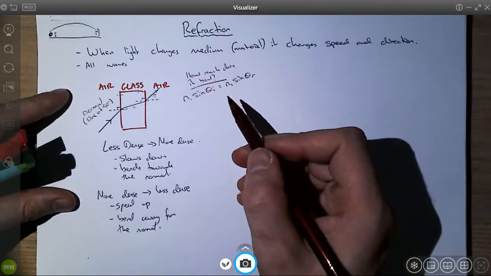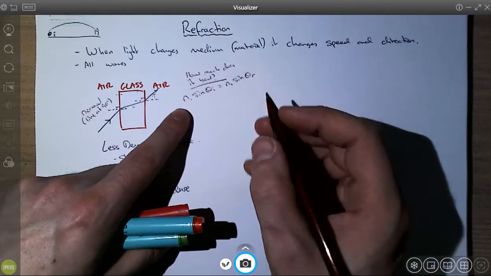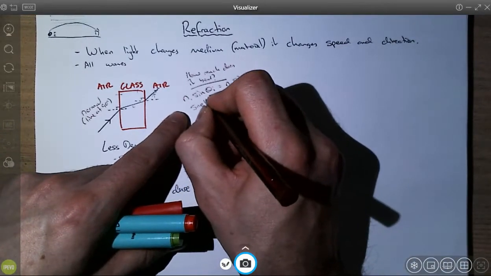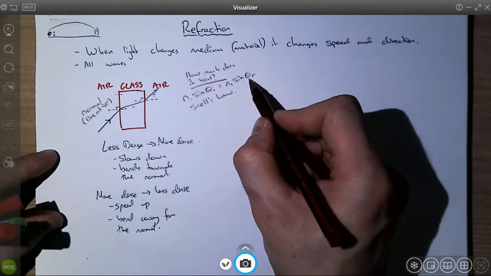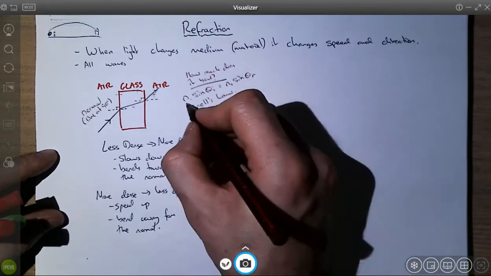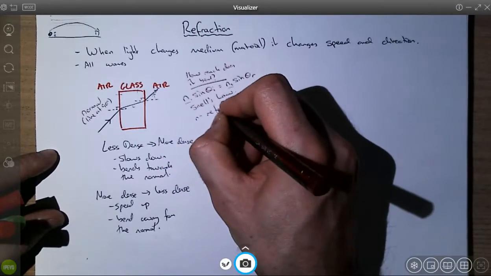I would probably only show this to the most able students. I might show it to less able students, and then they probably would stop asking me questions. This is known as Snell's law. Okay, and it relates the angle of incidence to the angle of refraction, so how much it bends, to the two refractive indices. So n is the refractive index,